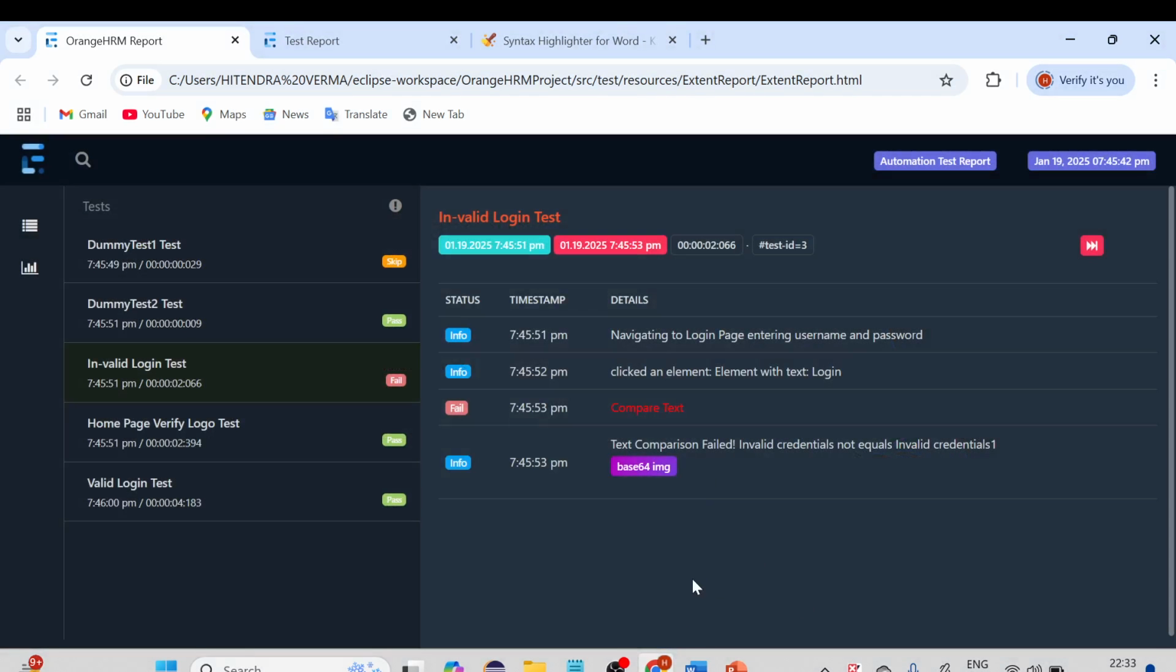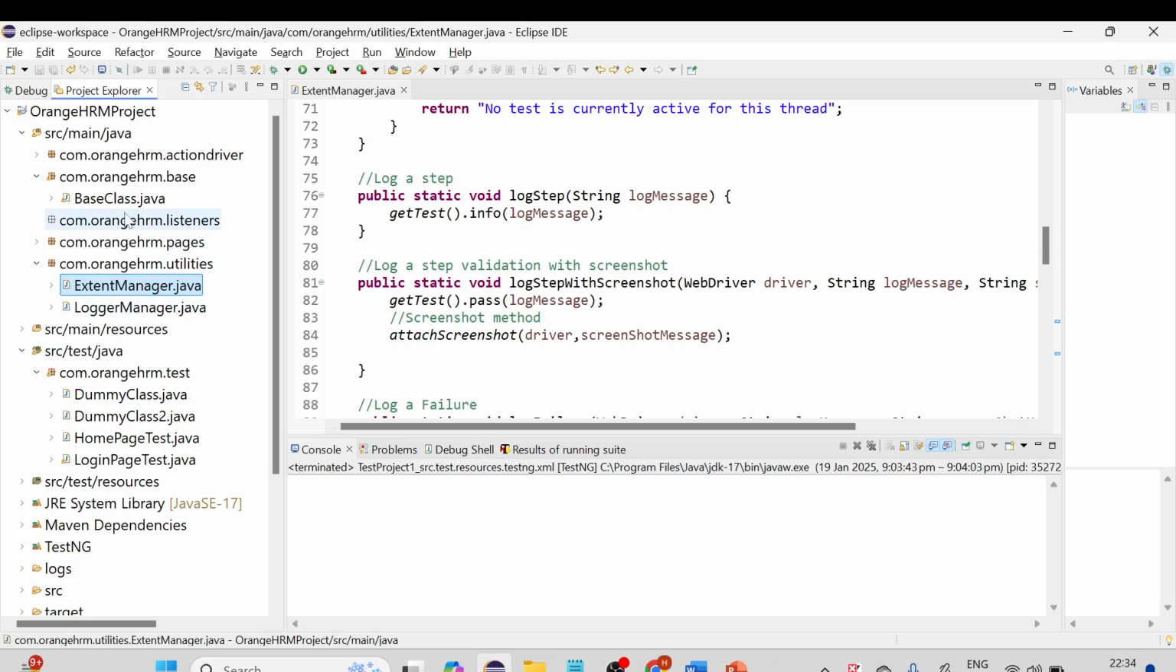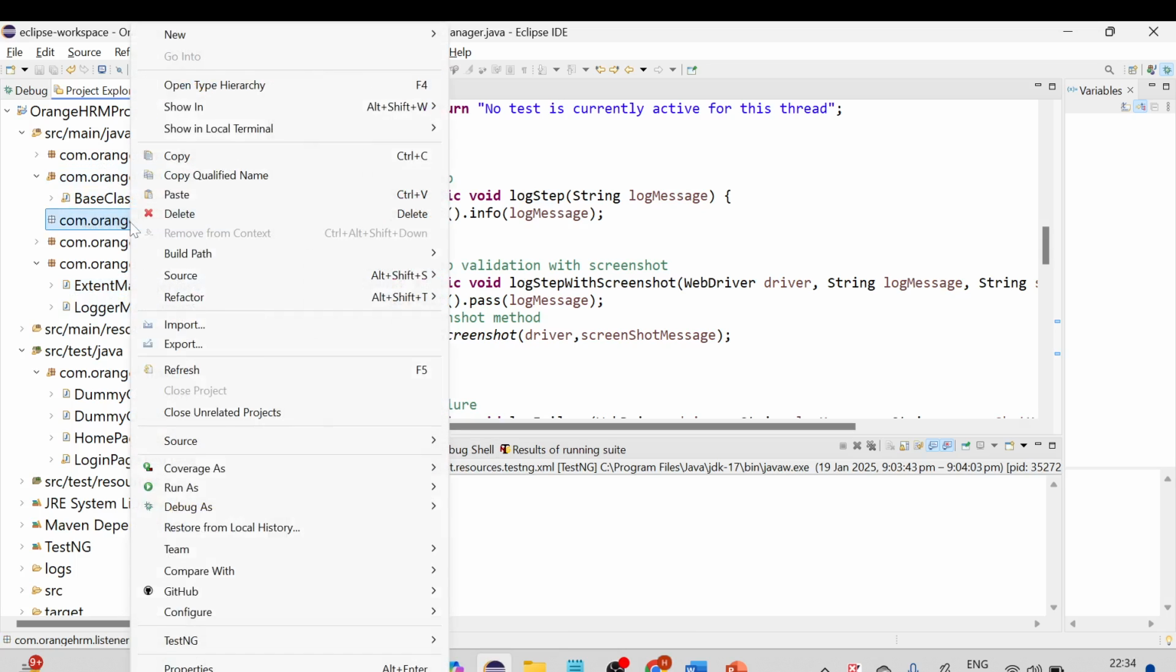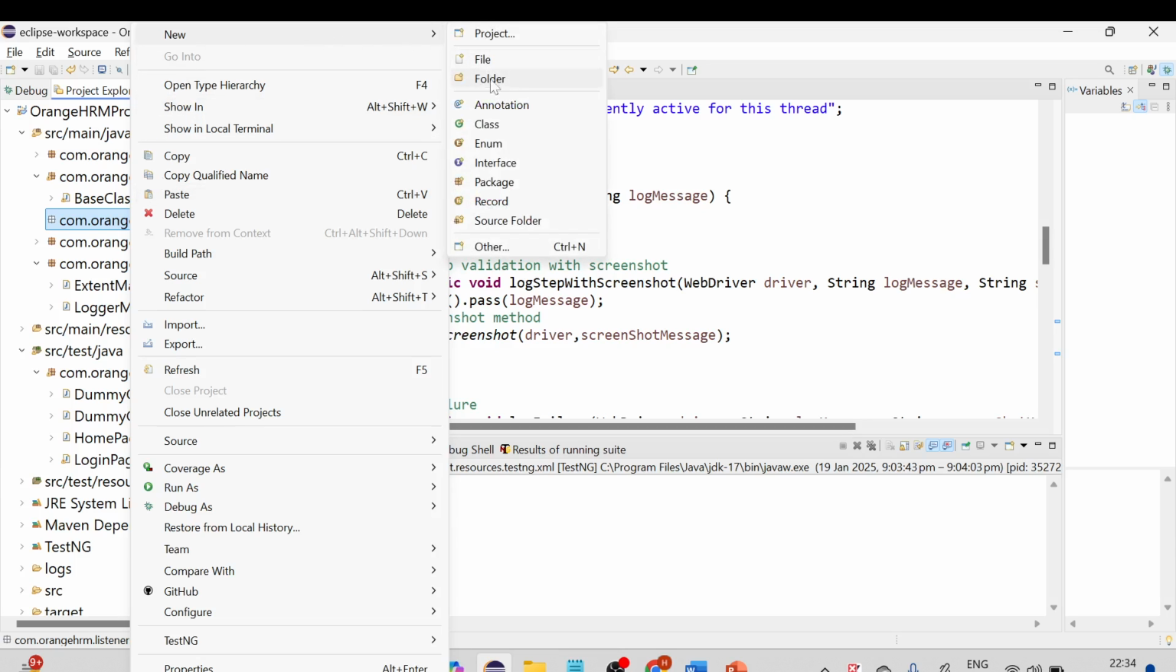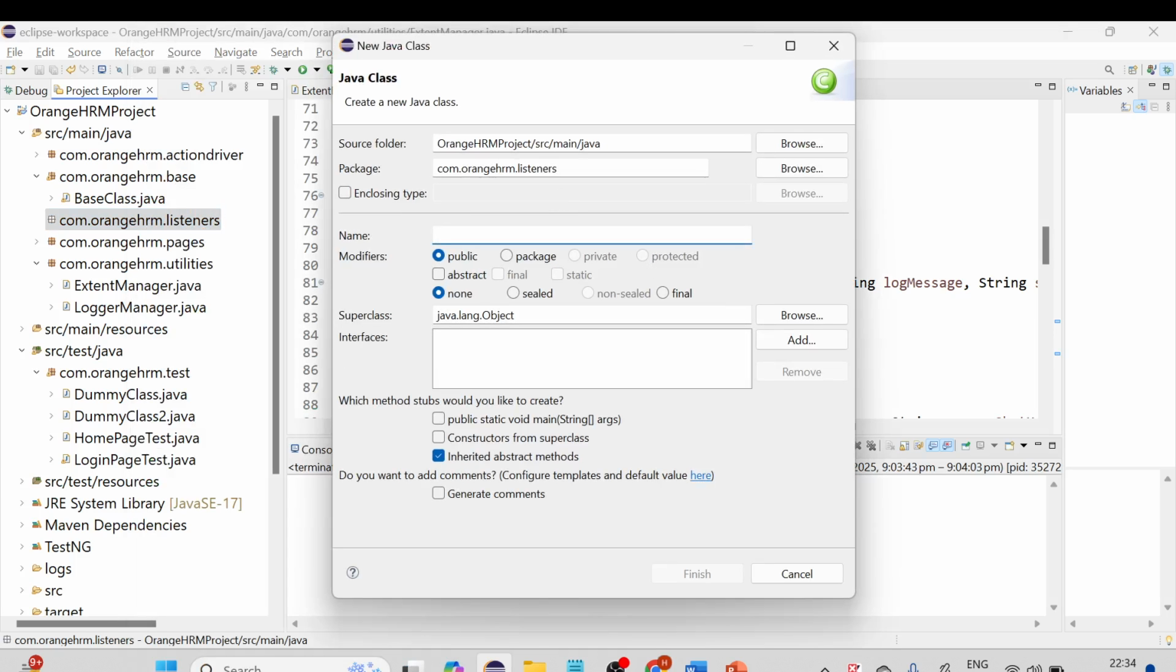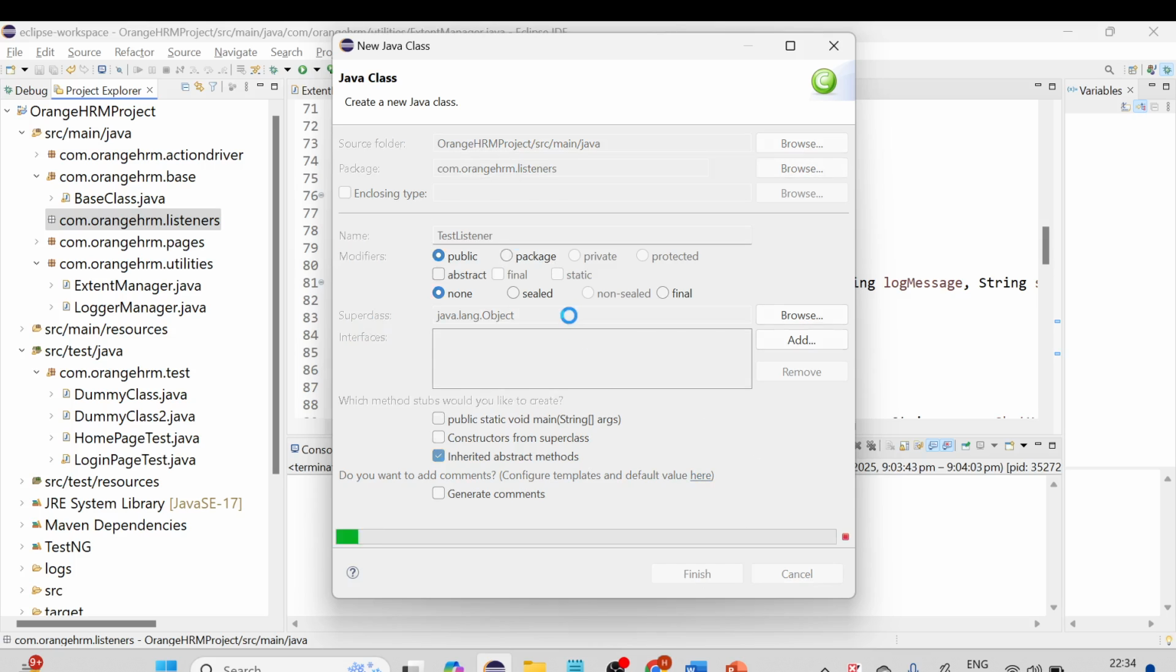Now let's enhance the framework by implementing ITestListener. So what I'll do here, we have already created the package, guys, com.orangehrm.listener, and simply right click on that, and I'll create one class called TestListener, right? TestListener, correct? So click on finish,